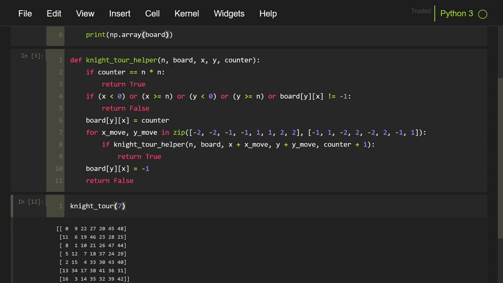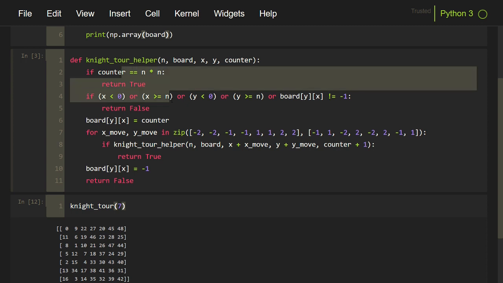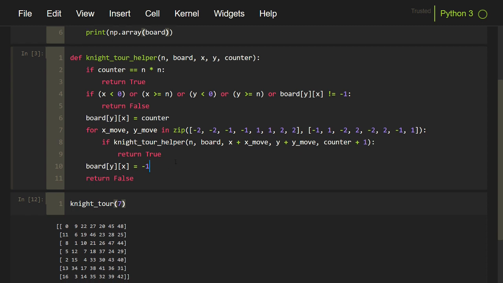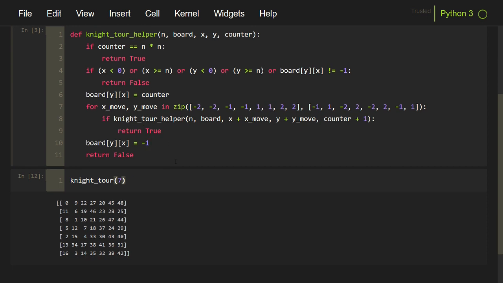You just have to be confident of the current XY position and see what the base cases are for the current one, so that you can stop or declare it a dead end and then test all the other possibilities. This step is the backtracking step. We first mark the current cell with the counter, but if none of the positions are fruitful, we unmark that position back to -1. So this is the basic structure of the backtracking algorithm. You should just verify that each recursive call covers all the cases and works correctly.